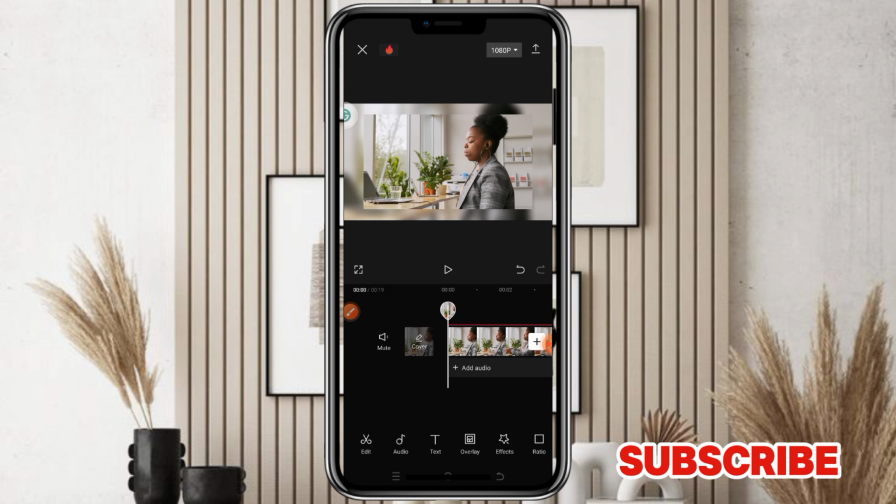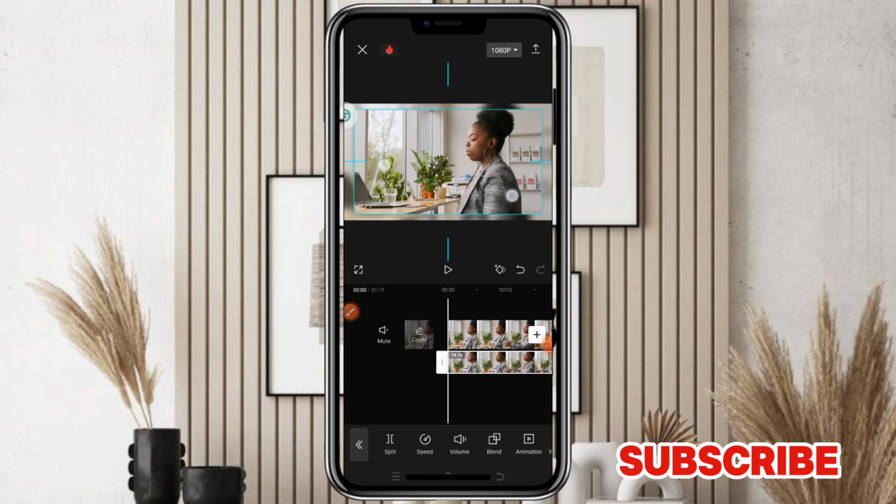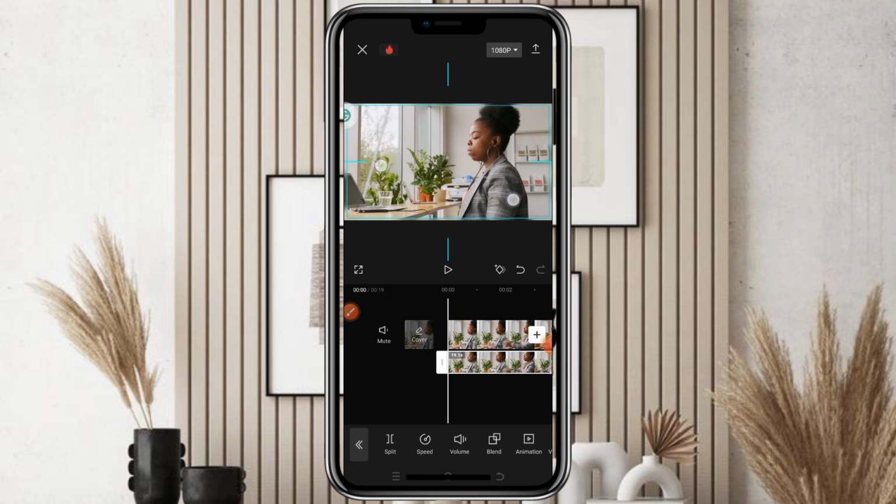Tap on the new video, the one you have, the overlay video, then scale it. Scale it to fit the screen. When you scale it to fit the screen like this, what you do next is to remove the